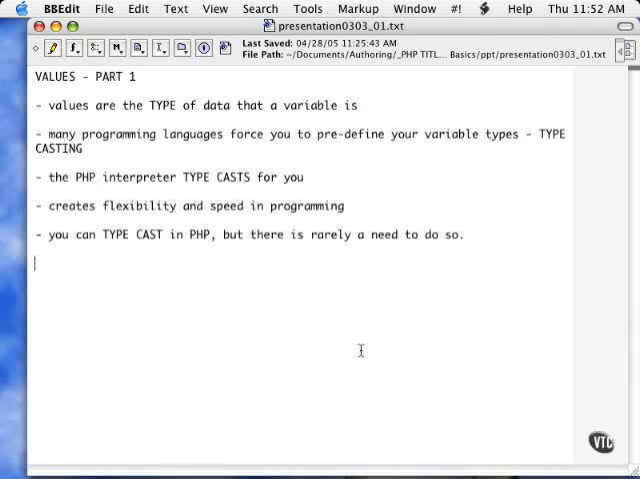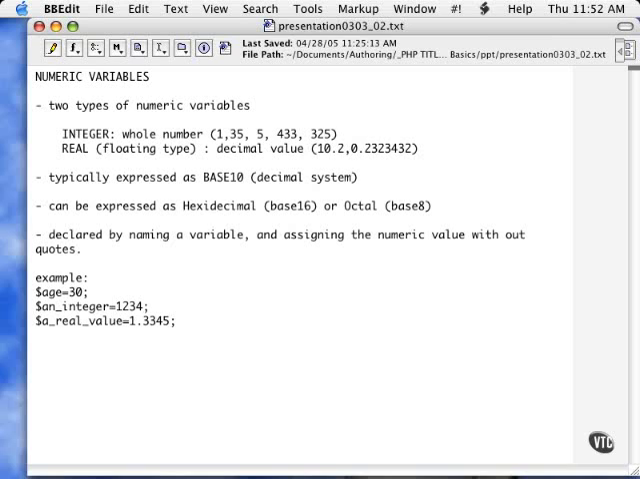There is a way to typecast in PHP, but I have found that there is rarely a need to do that in the normal course of programming. The first value type that we're going to explore is a numeric value. PHP supports two types of numeric values. An integer value is generally a whole number, such as 1, 35, 5, 433, or 325, or the like. The second kind of numeric value is a real or floating point value. This is a decimal value such as 10.2 or